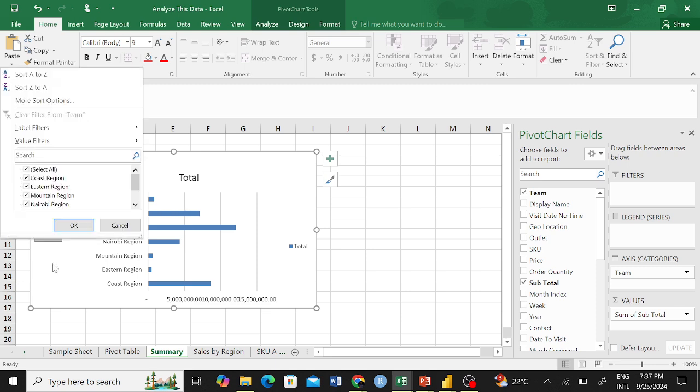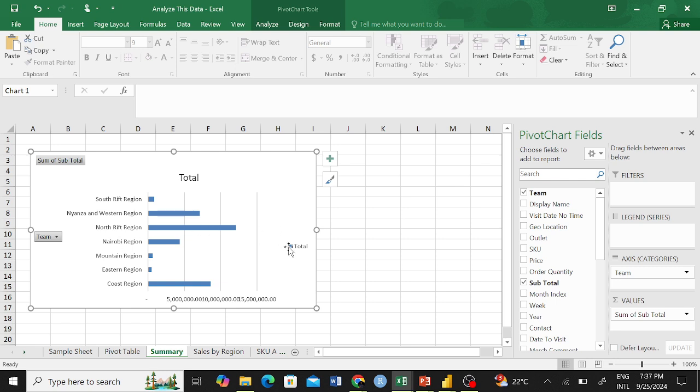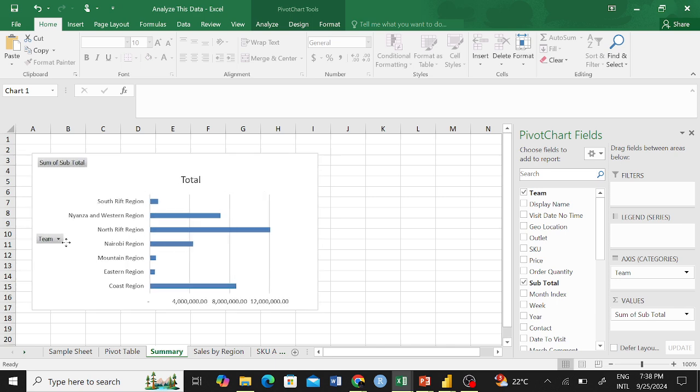Yeah, but think of it this way. So there are things that you may edit. We may not want to see this thing called total here, right? So you delete it. You just highlight it and then press delete. There's a delete button on your laptop, or you can just Control X it, right? We may also not want to see this, right? So if you want to see it, probably